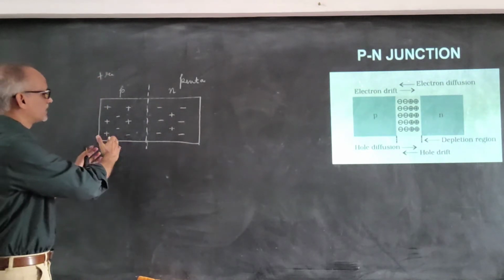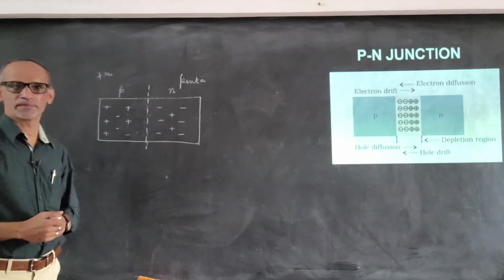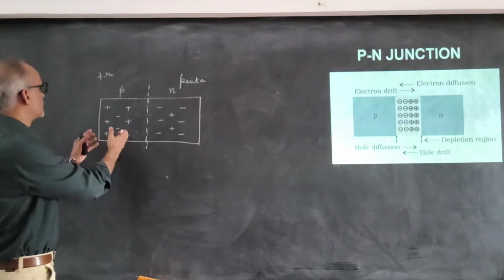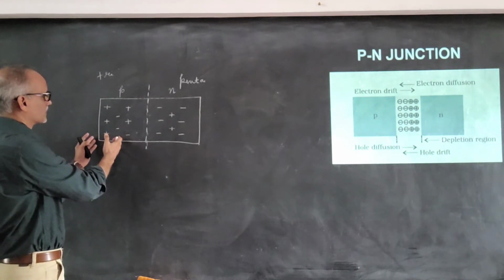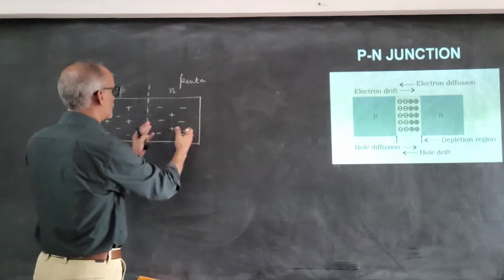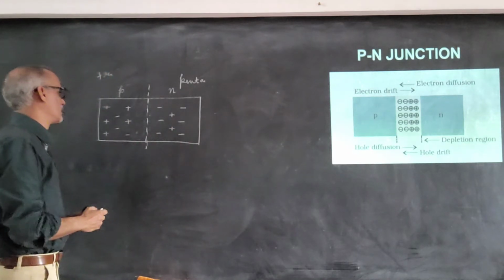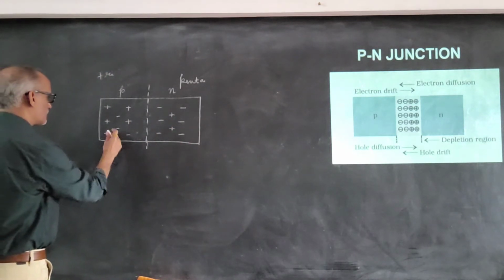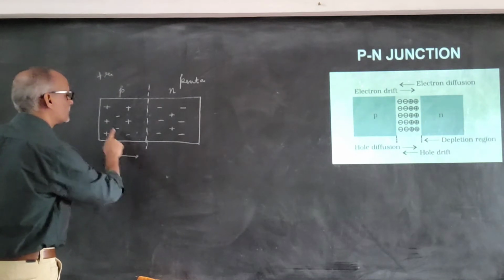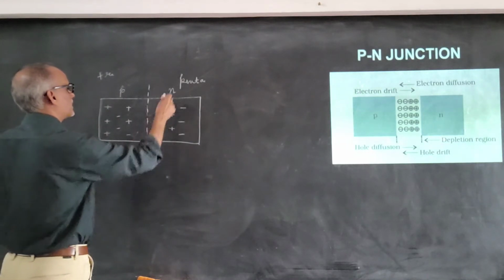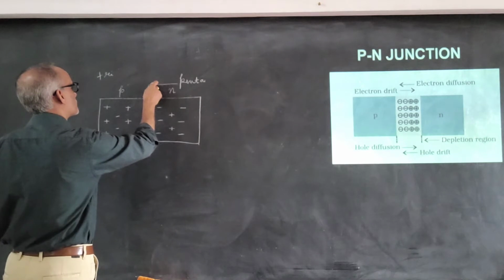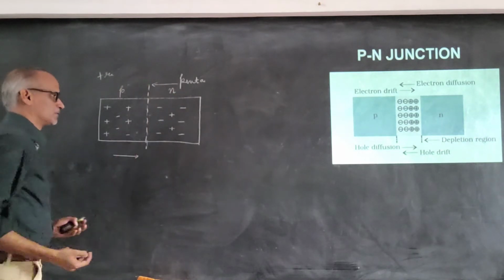And now there is a difference in the concentration of the charges. Here the holes are more in number and here the electrons are more in number, and due to which the holes move from p-type to the n-type and the electrons move from n to the p region, and